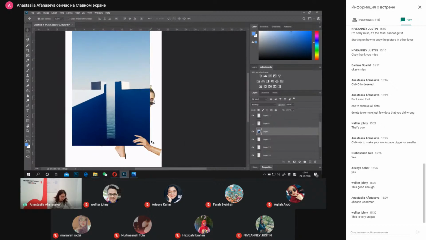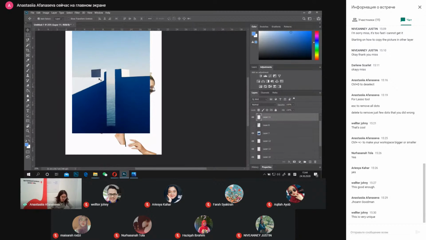We click enter. And what I did, I just selected like this part. And here, this is another place where the Polygonal Lasso will be very good because here there are a lot of straight lines. And of course, Magnetic Tool is also good, but with Polygonal Lasso, it probably will be a bit faster. So we start from this part, we click, and there is a line, click, click,